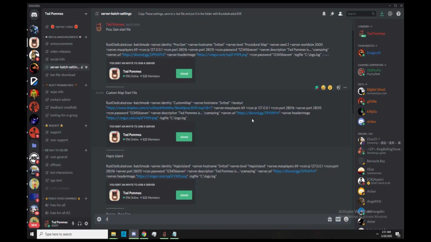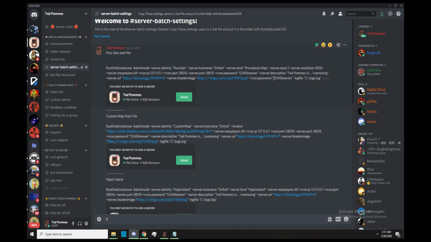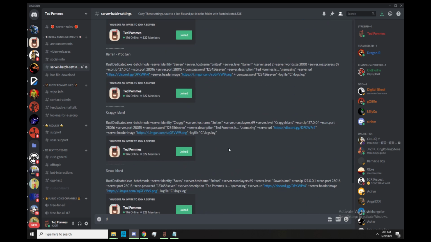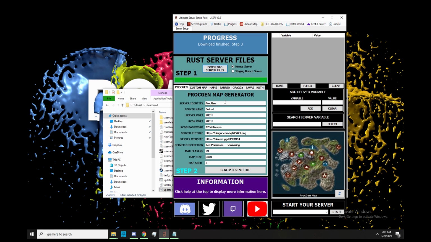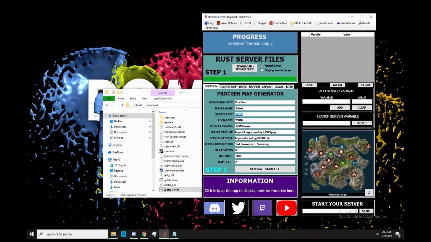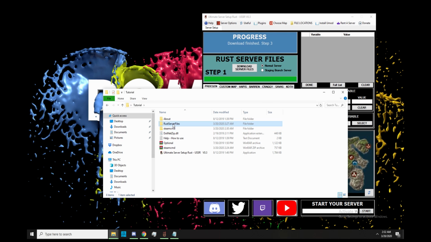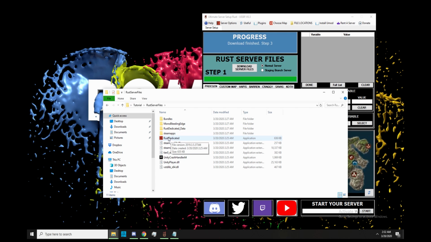Just edit whatever you want. But that requires you a little bit of knowing what to do, and make sure you keep all the spaces in there, all the quotes in there, and don't mess any of the format, otherwise it will not work. So if you are new, you can just use this and set your properties here, and it will assure that it doesn't mess up the format, and it will spit out a start file also in the proper location. So let's just do that. Either way, create your start file and put it in the Rust server files folder,